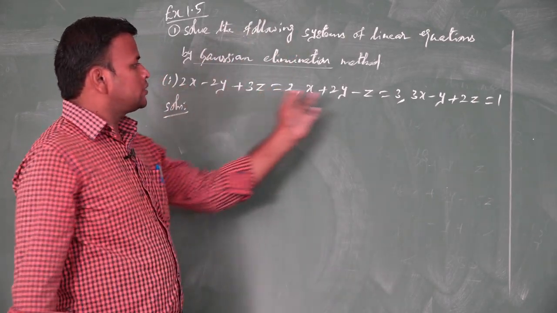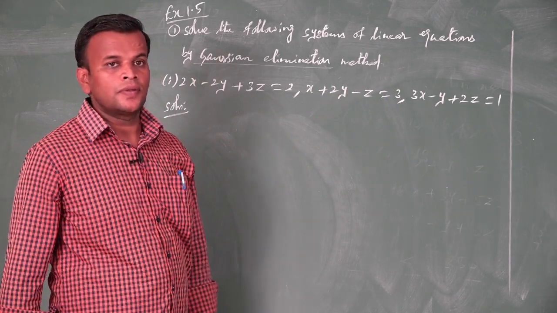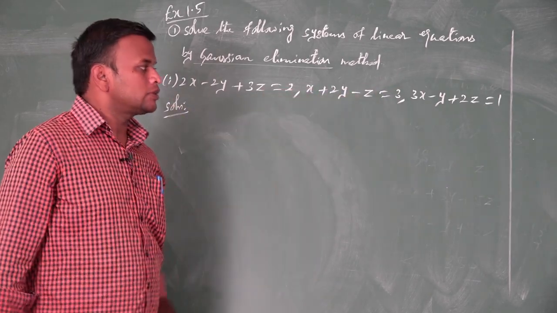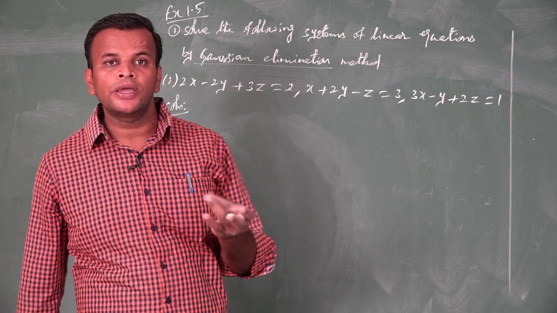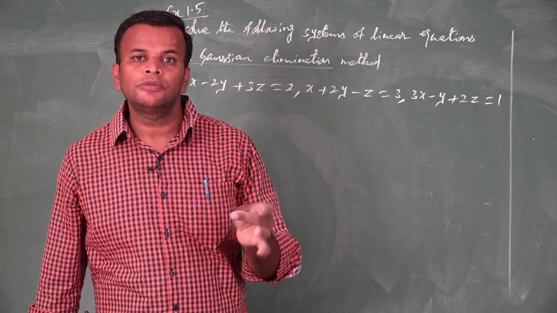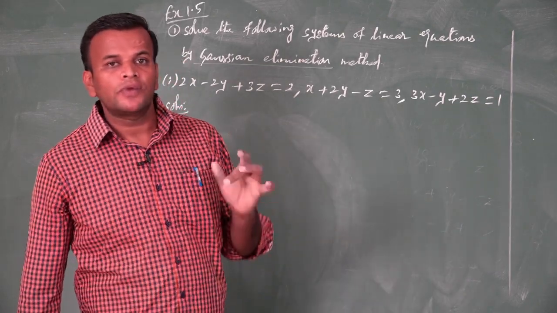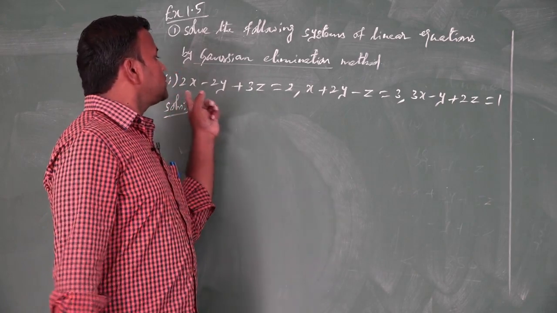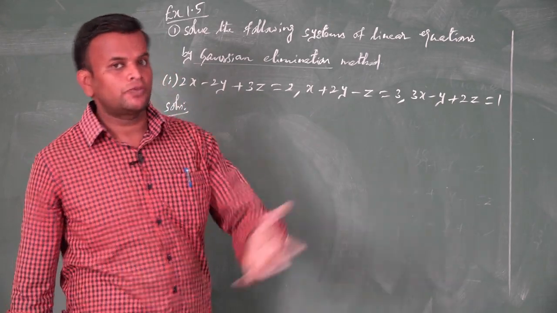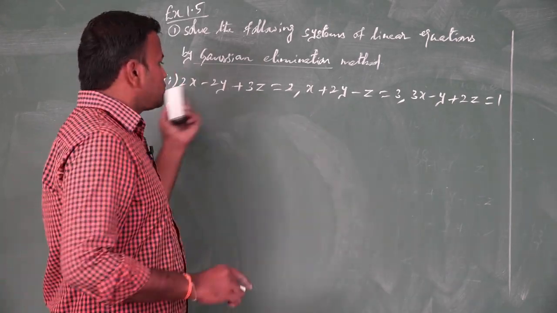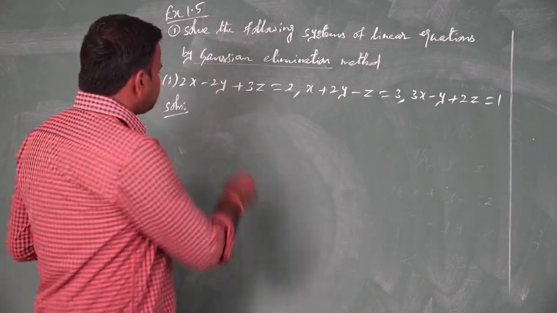You see there are 3 equations and 3 unknowns. Now to solve the equations. Solve means to find the unknown values x, y and z by the Gaussian elimination method. What is the first step? To convert this system of equations into matrix form. I explained this in the first sum. The matrix form,